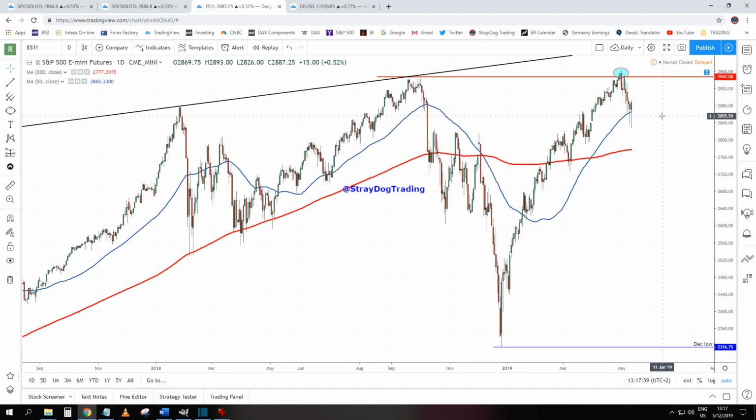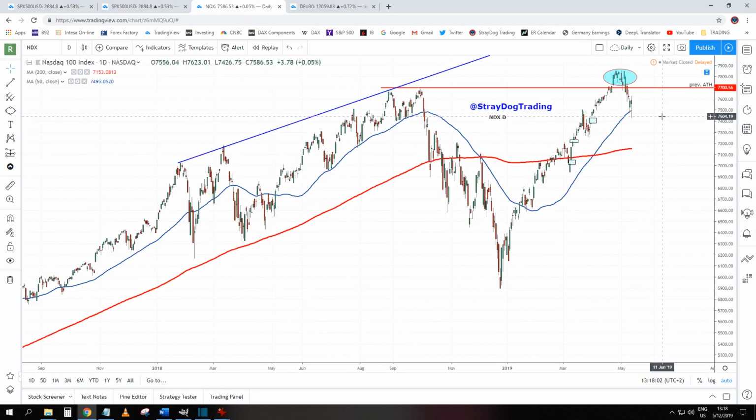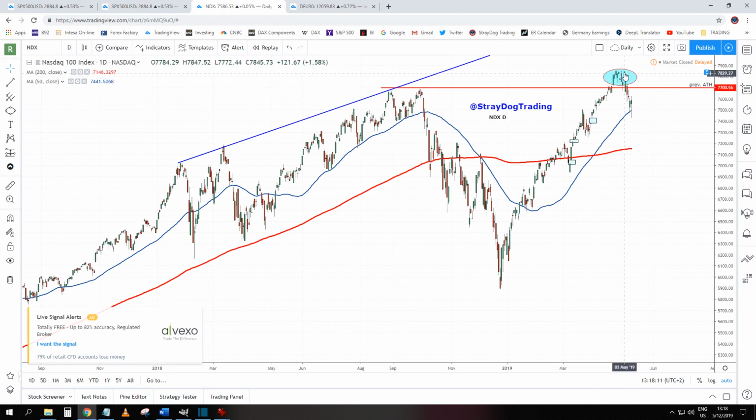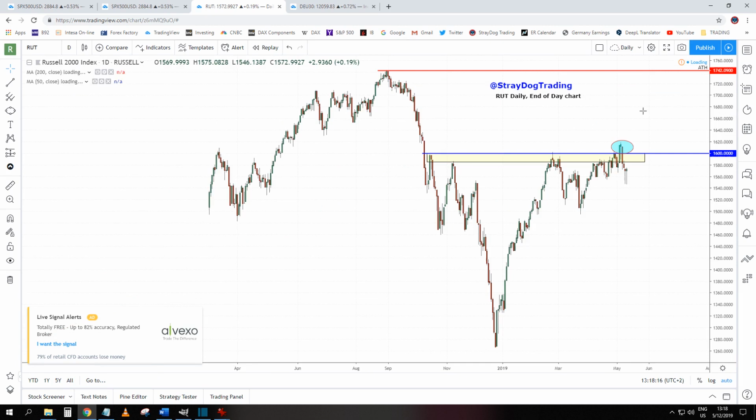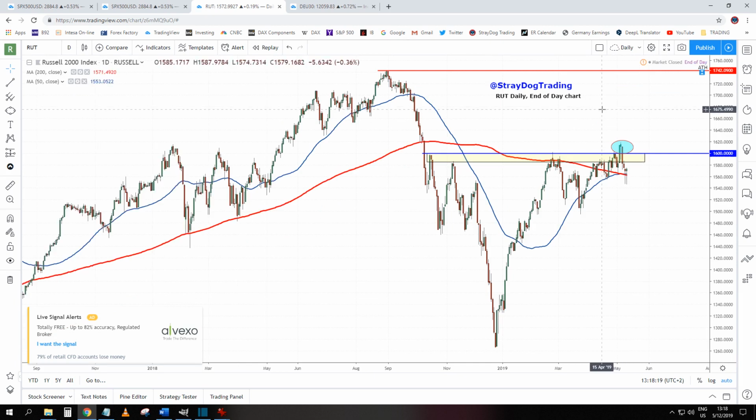Now let's go observe Nasdaq. The same thing again, it was a false break above the previous all-time high, inability of market to go higher, and again the daily 50 as a support. And on Russell, which has its own struggle to go above this 1600 resistance level, when it finally did it, it was a false break also. Russell is still a lagging index, and on Russell both 50 and 200 are acting as support.